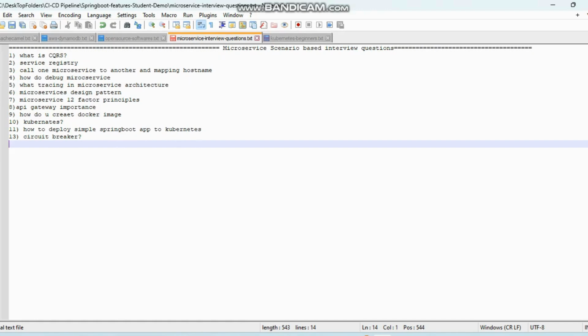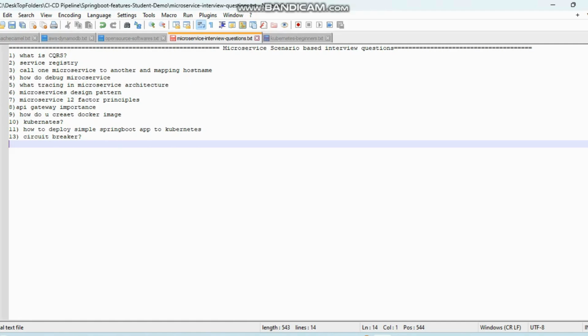We have to use a dependency like the Kubernetes client dependency in both microservices. Automatically it will detect that, and these are straightforward changes. But in the scripts we have to do some changes. You can search for it. I have already given the details on my LinkedIn page on how to do the Kubernetes discovery. I have written the scripts, a step by step article, so you can go through that and understand how you can do the discovery, right? You will come across this question when you are attending microservice interviews.